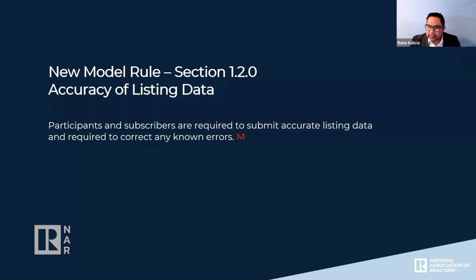Those are business decisions or business rules made locally, but we would encourage you to take a look at those fields that contain information that can be updated during the life cycle of a listing, and have those discussions with your leadership locally to identify which fields should allow for editing or which fields should be escalated to staff. The point here is ensuring that accurate listing data is captured, and if any inaccuracies are identified, that they're corrected timely. So I would look at those.